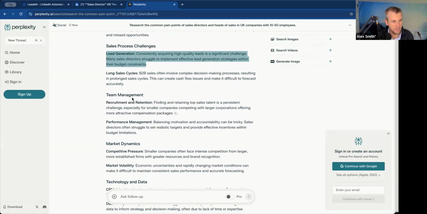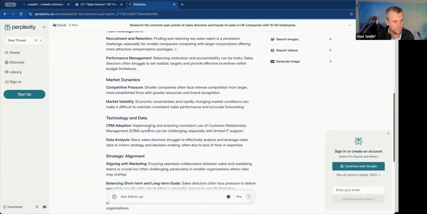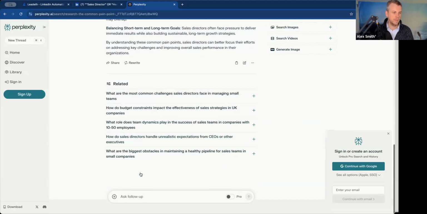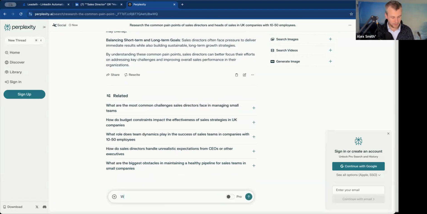Other issues that they're facing are long sales cycles, team management. So yeah, this is all about recruitment and stuff like that. Technology and data seem to be some of the key things. So we can go back to this and say, with the key challenge, challenge of